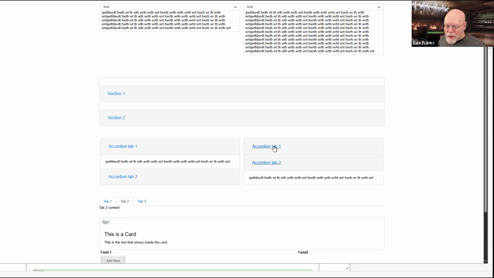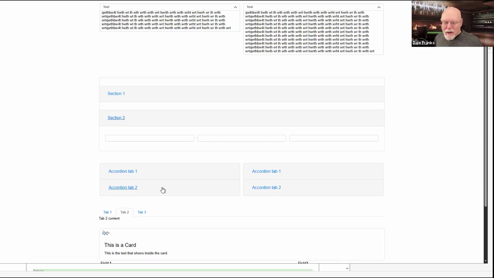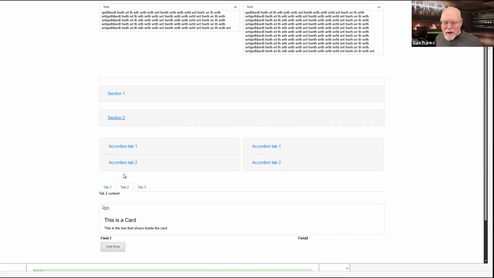So those heights are going to be kind of fixed. So it's only going to show me one of these things at a time. But the nice thing is, whenever the animation works, the bottom of the page, which are completely separate controls, completely unrelated to these section controls, notice it all just makes the entire page resize. This is one of the nice things about the responsive layout controls.